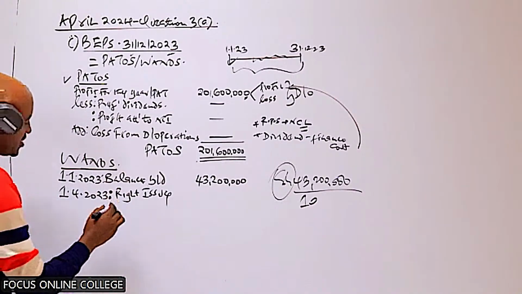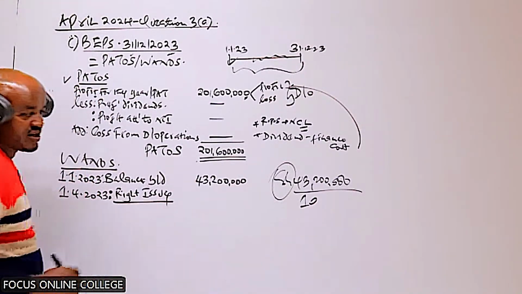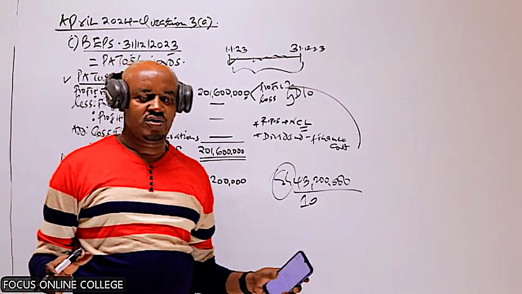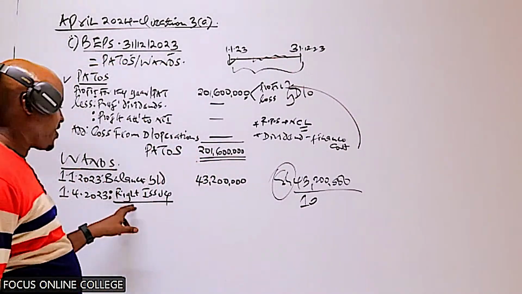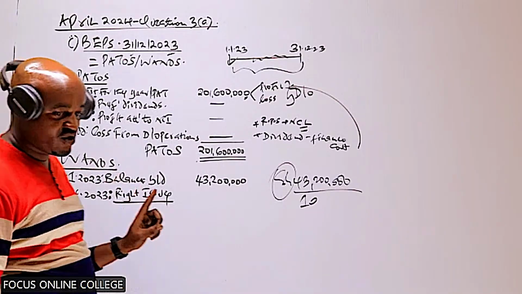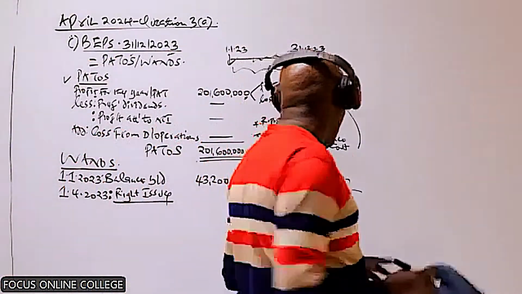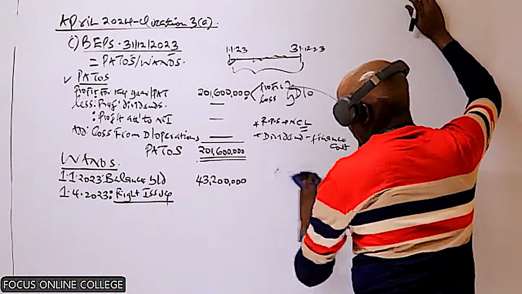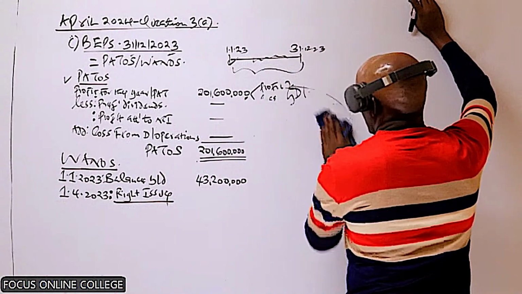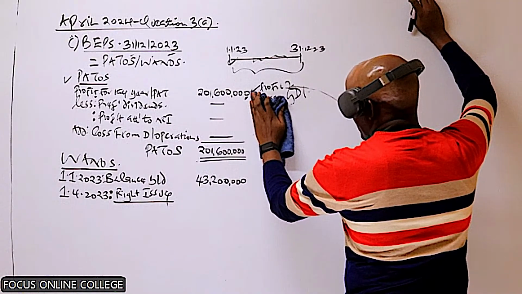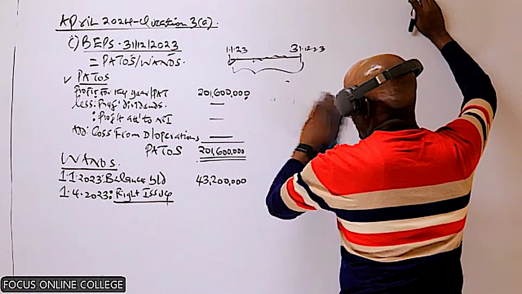I hope you can see this particular concept of right issue. This is something we have come across in all questions. This is the 3rd question we are doing, and in all the questions we have done, we have come across that concept of the right issue. Because I said this is one of the concepts the majority of students will get wrong. That's why you can see it is tested in almost all questions for earnings per share. Now, what we say is that a right issue in this requires